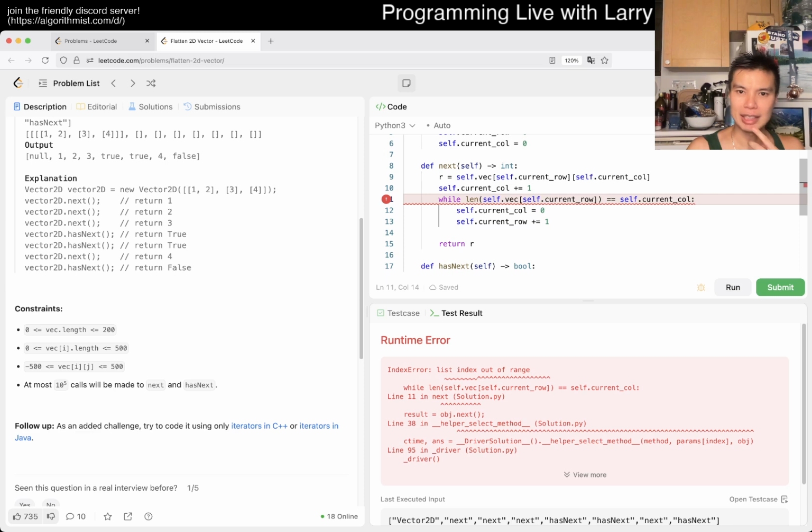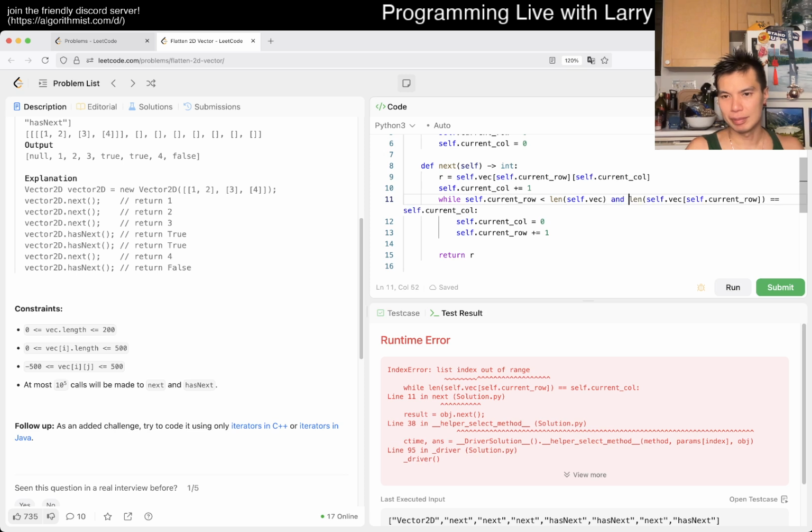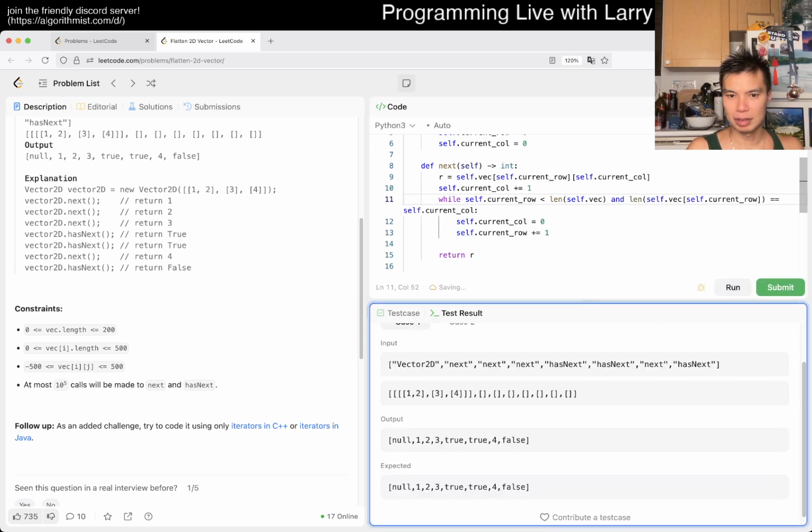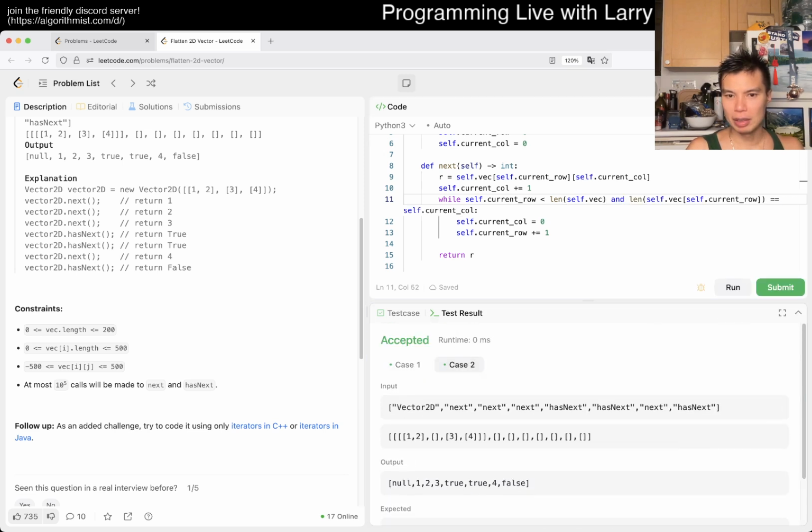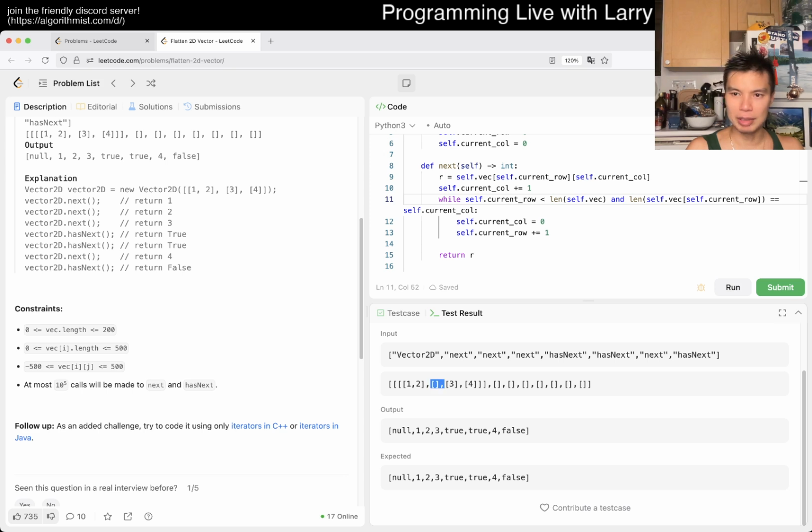Oh, I guess because this is a while loop, then now the invariant is no longer true, which is that self.current row is less than the length of self.rec, right? So then yeah, this looks a little bit better. At least it handles this case, so we'll give it a YOLO submit.